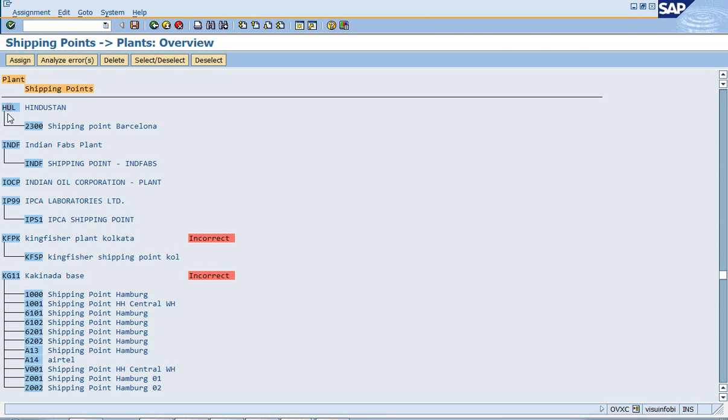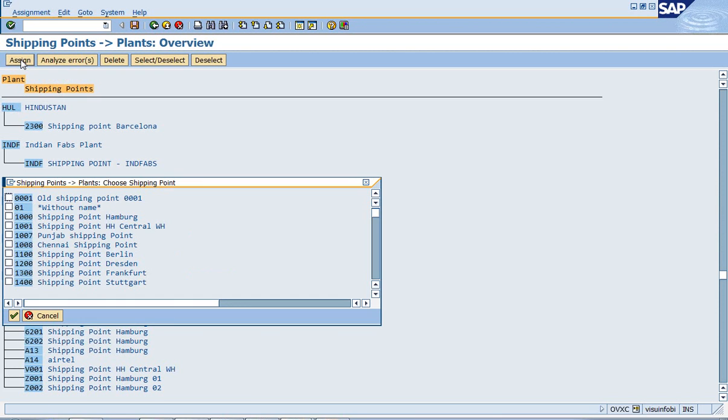So it's getting displayed over here. Keep the cursor on your HUL plant and click on it. You can see a gray mode is getting established. That means you place your cursor over there. Now click on assign. When you click on assign, here you need to select for which shipping point you need to assign it to your plant.